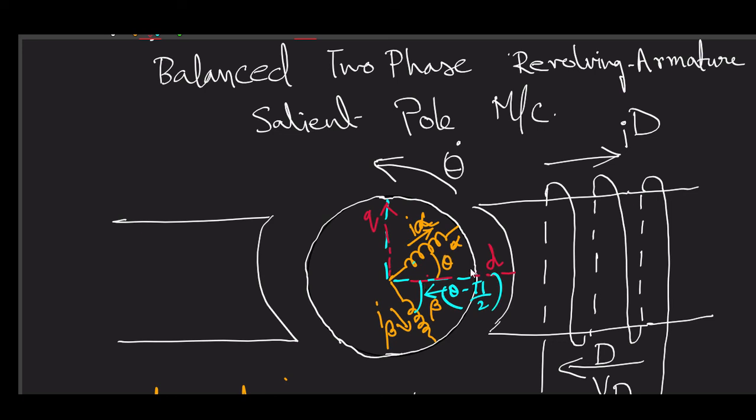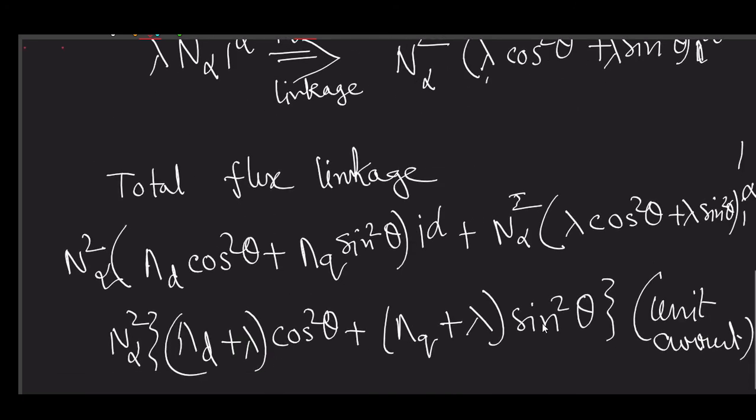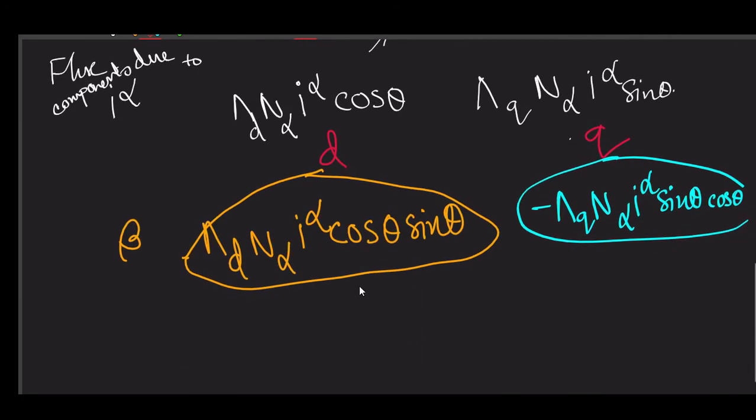So obviously this becomes lambda d n alpha I alpha cosine theta sin theta, and this becomes lambda q n alpha I alpha sin theta minus cosine theta, because it will come as sin theta minus pi by 2, so that gives you